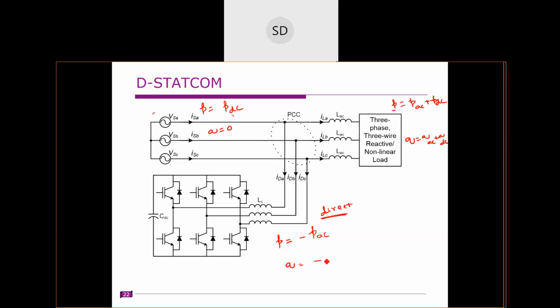Minus of QAC, minus plus of QDC. Right. Agree? So this much of power we need to draw from the mains. This means this is the power that must be drawn by this STATCOM in case of direct. In case of indirect,